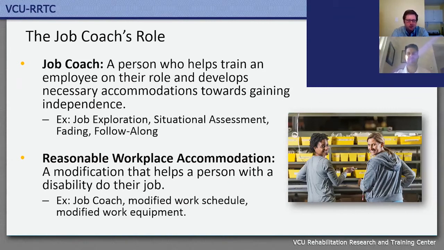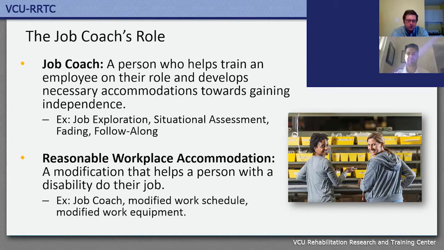A job coach is a person who helps a person obtain and maintain employment. Job coaches help individuals find the right job, develop accommodations, and work to ensure that both the employer and the employee are satisfied. Job coaches sometimes have individuals complete situational assessments, which is where they perform certain tasks so everyone can better understand their strengths, growth areas, and interests. After this, job coaches help individuals find a job, develop necessary accommodations, and help train them until they are able to do the job independently.